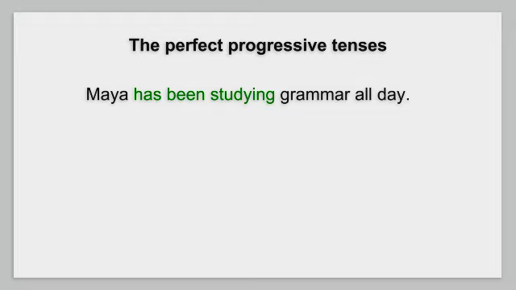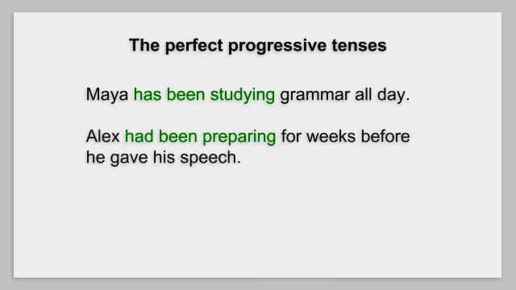The past perfect progressive shows an event was in progress in the past up to the moment of another action in the past. Alex had been preparing for weeks before he gave his speech. Both actions in the sentence occurred in the past, but he began preparing first and it continued up until he